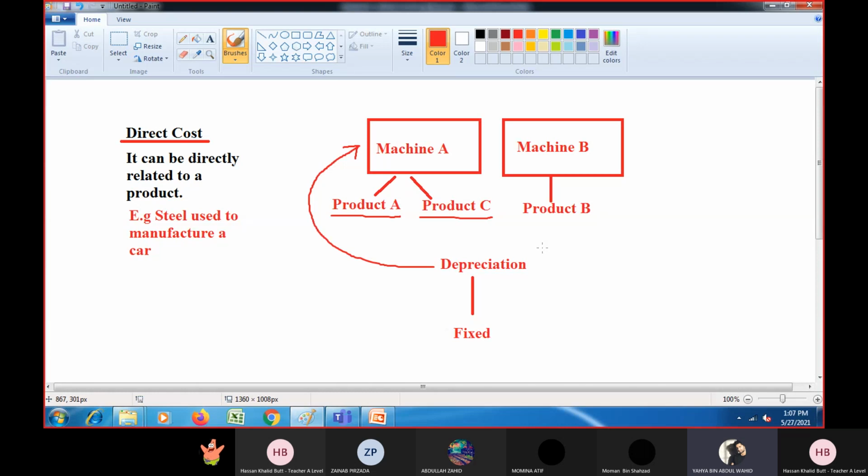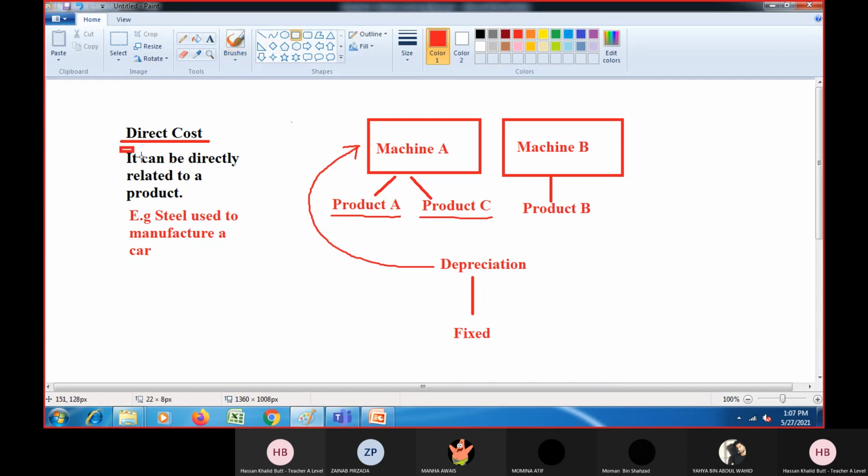No, sir. No, very good, because both the products are being produced. How can we say कि machine की जो wear and tear हो रही है वो product A पे कितनी हो रही है, C पे कितनी हो रही है, या हम A में कितनी cost add करें और C में कितनी cost add करें? We cannot identify. Although depreciation हो रही है और वो A और C बना रहे हैं, but because there are two products, you cannot identify. Again, you cannot directly relate it to the product.